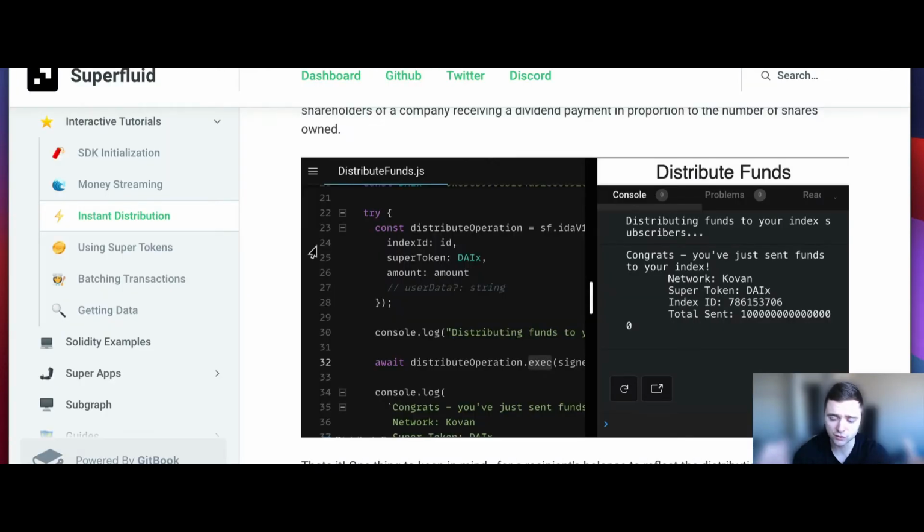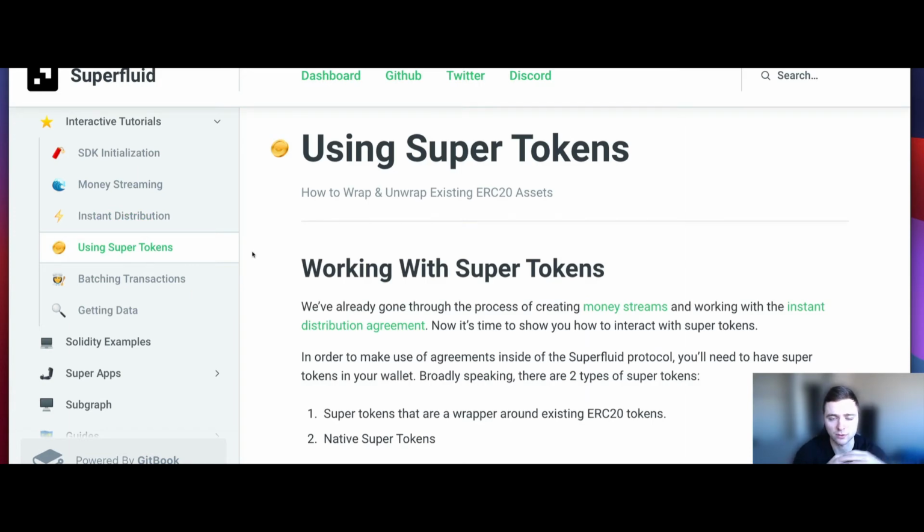Okay, so that's the instant distribution agreement. The next thing that we want to discuss is how to use super tokens, right? So we assumed in those first two examples that you're familiar with what a super token is. You notice that we use .x instead of .die. .x, as a refresher, is super token